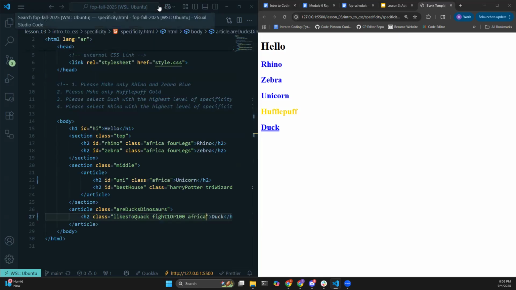So here, all animals have the color blue, but only the animals that are capable of flight should be underlined as well, right? And I can accomplish this by giving them multiple classes,